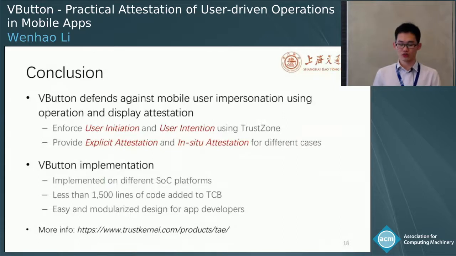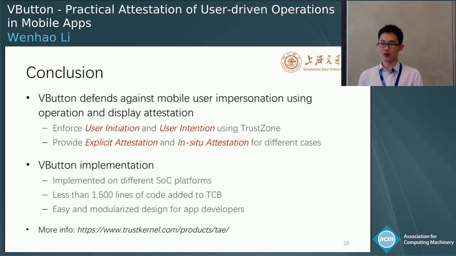So to conclude my talk, we have proposed VButton, which defends against the mobile impersonation problem using operation and display attestation. VButton enforces both the user initiation and user intention using the trust zone.